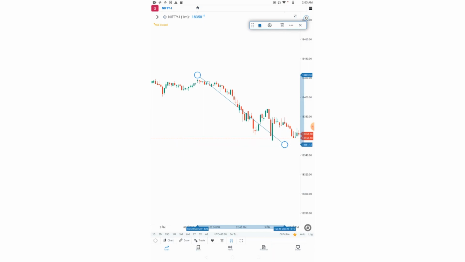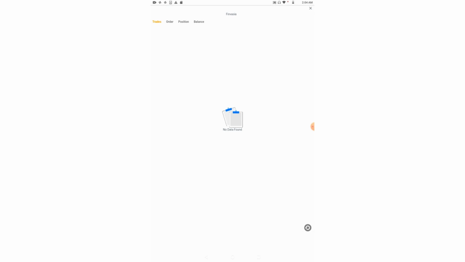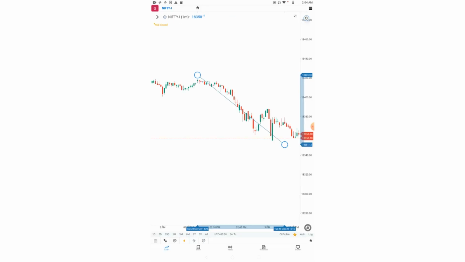Our next option is the trade option. Under the trade option, the first option is called ledger. Under ledger, you will be able to see your trades, orders, positions and balance only after you have connected yourself with a broker. This option is for trading. So after clicking on it, a new trading panel opens. Here you have the sell option as well as the buy option. Under each buy and sell we have limit, market, stop and stop limit orders.